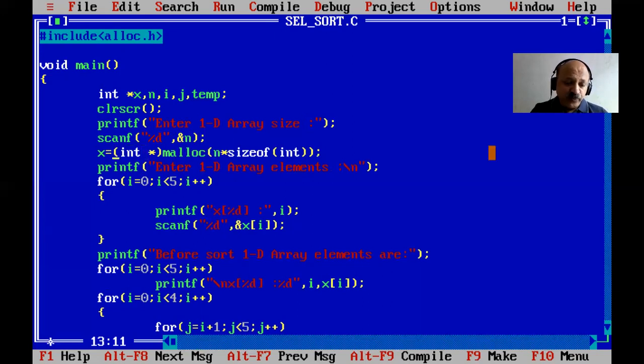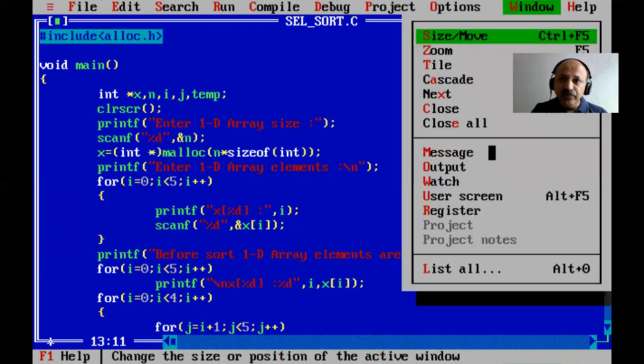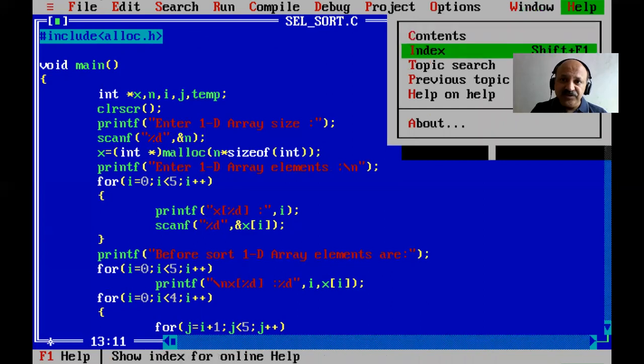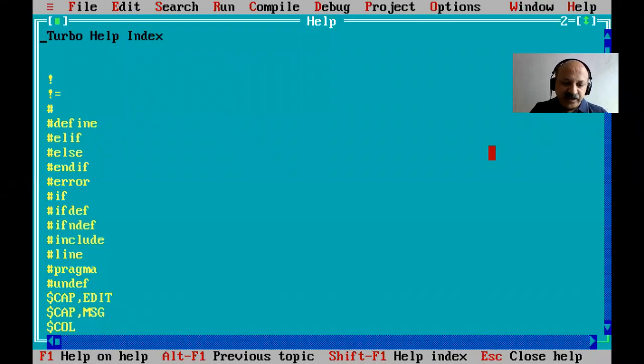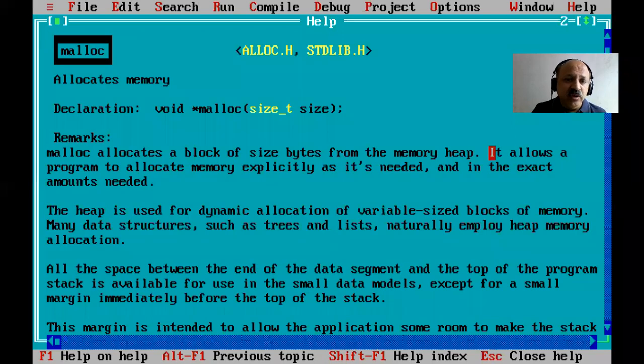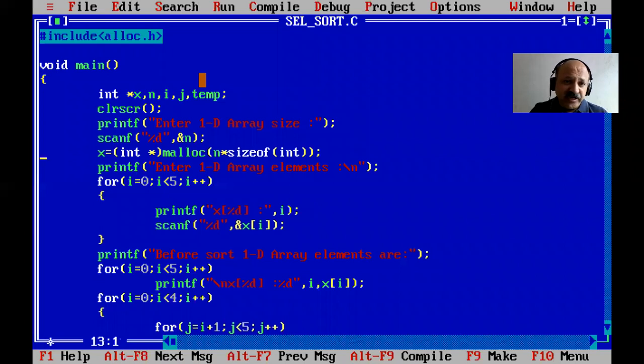So yes, I just show you the syntax of the malloc function. Alt W window, and yes, the help menu we can check. Press H, and that is malloc. Yes, here you can look, that is the syntax: void pointer, and sizeof t, alloc.h and stdlib. So malloc's return data type is a void pointer, and malloc or calloc allocate the memory. That is the guideline you can see in the help library, and then I press the escape key to come back to our editor. So that is dynamically providing our array.